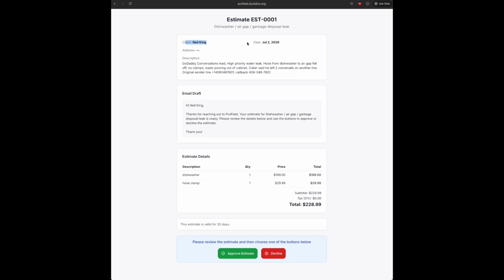It's going to say the customer's name, the date, address if you put one, description of what they requested. So yeah, you want to make sure the description is updated, not just of what the lead came in, because the customer will see this description. And also the estimate details. So it will be dishwasher $199, hose clamp $29.99, and from there the great thing, they